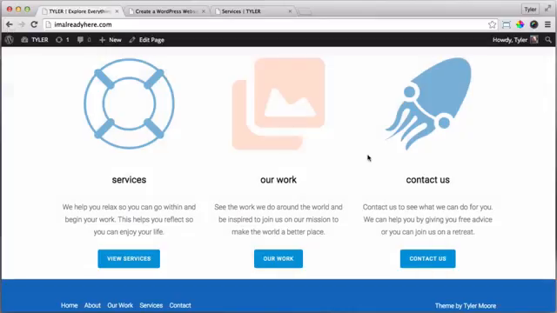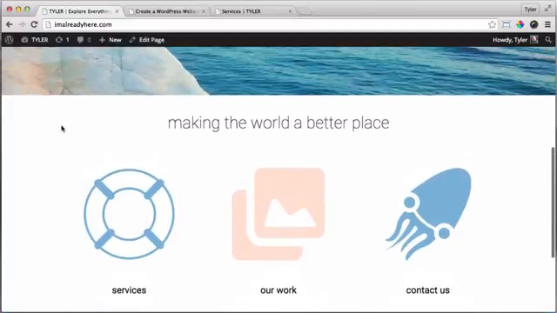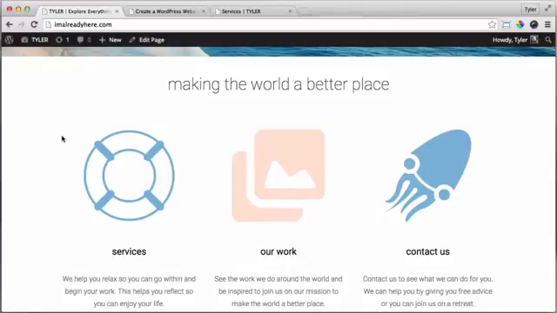So next, let's finish off this home page and add some call to action text and buttons at the bottom right here. But before we do that, let's make this background a little brighter. It's a little dim. Let's make it perfectly white. To do that,